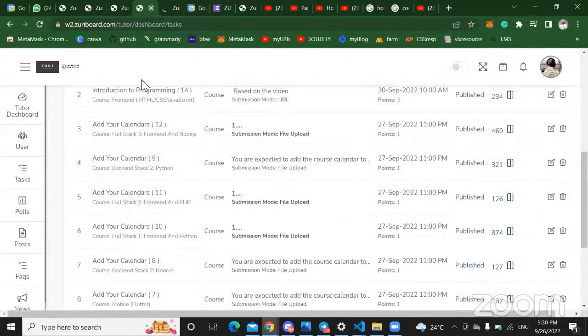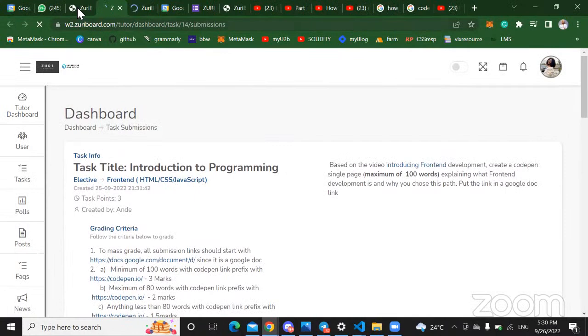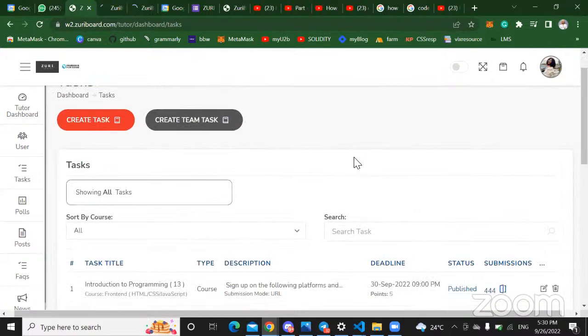So let me just navigate back to my dashboard. Okay, so let's talk about the front end task that was given. But before then, I'm just going to talk about front end and some important things, right? So front-end engineering, just like what Isiaka said, is basically all about building the front end of applications,